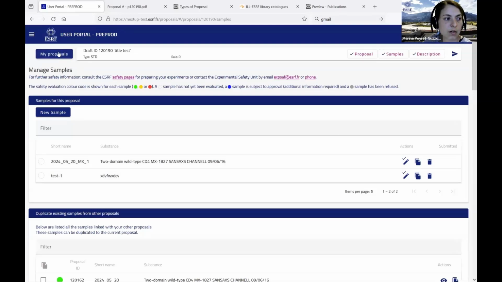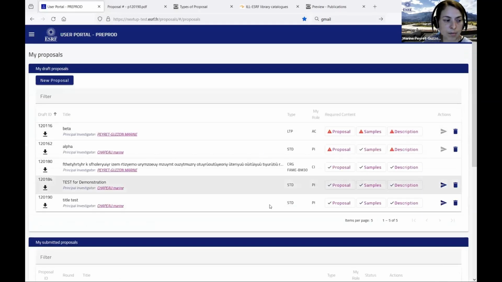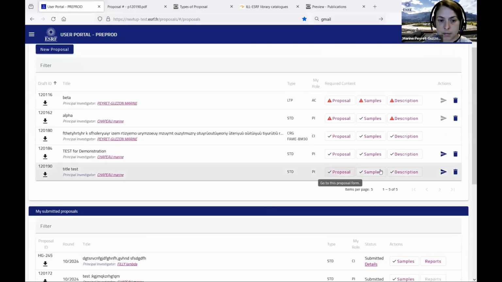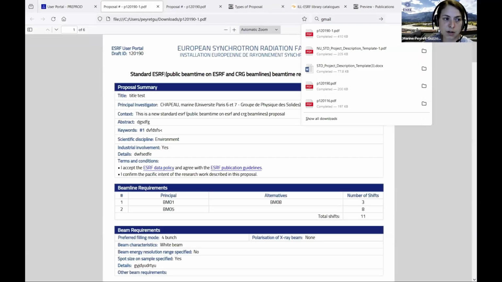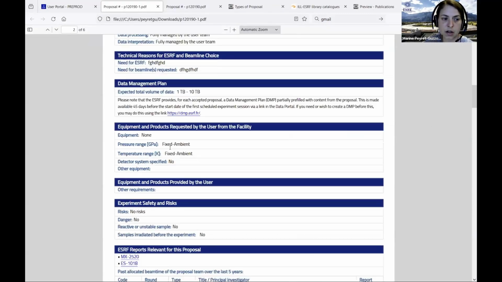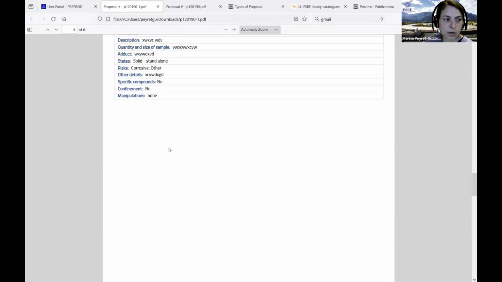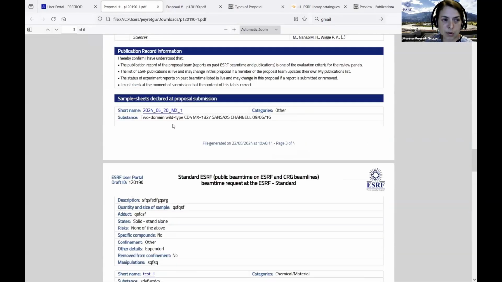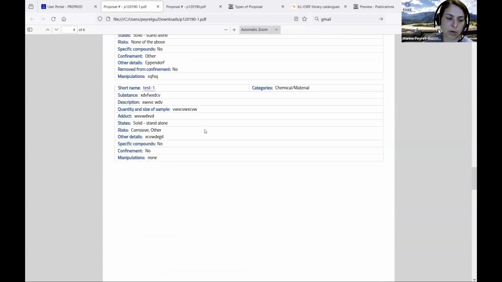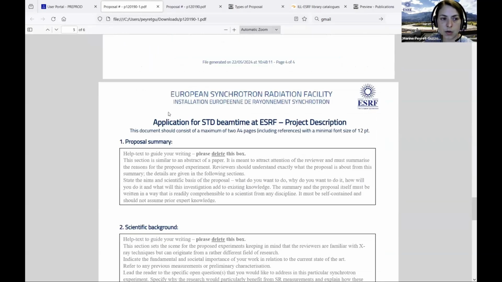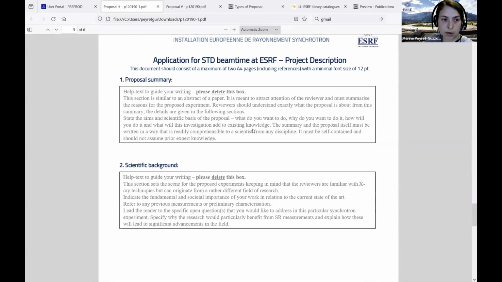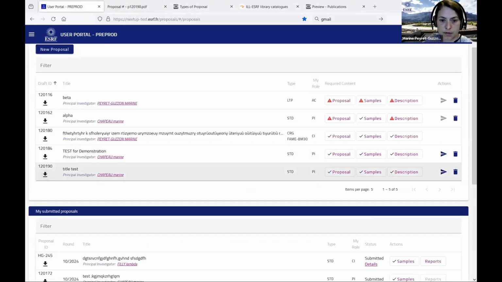Okay, so now I have made all the 3 steps, and now I'm allowed to submit the proposal. As I said before, to submit the proposal, please verify your PDF. So you will see in your PDF that you have the general information entered in the proposal form, followed by the description of your sample declared within the proposal form, and your project description that you have uploaded. When you are happy with this, you can click on the Submit button,